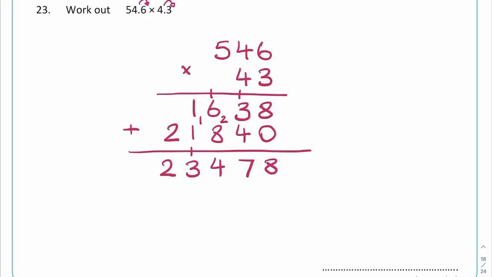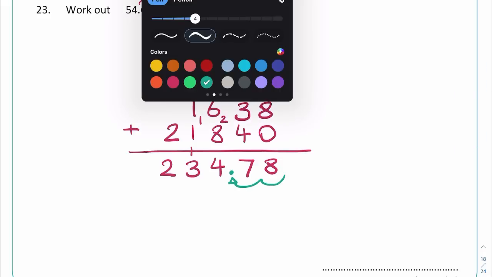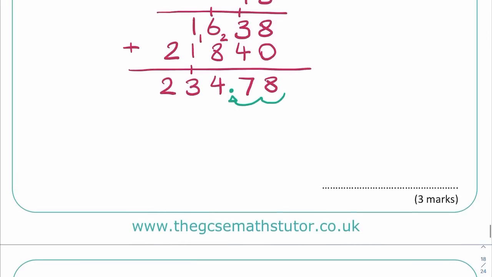We had 2 decimal places we took out at the start. So 1, 2 back in, and our decimal will go just there. So there we go, write that nice and neat on a dotted line,